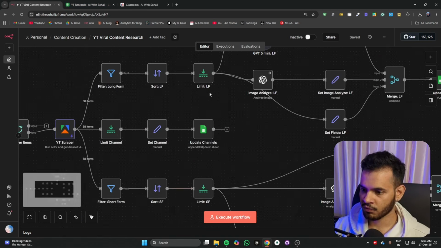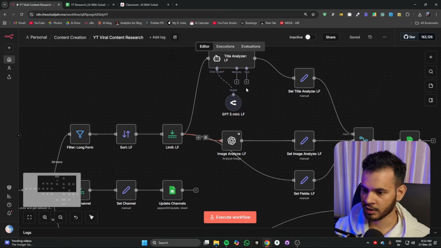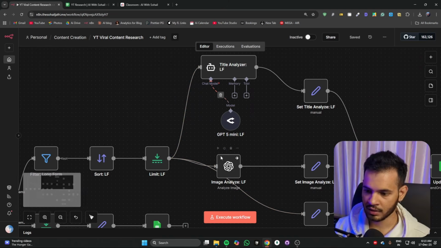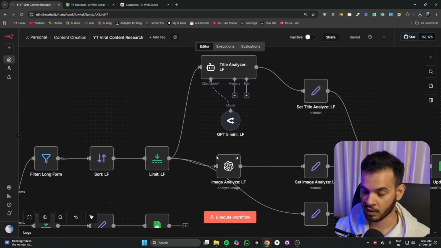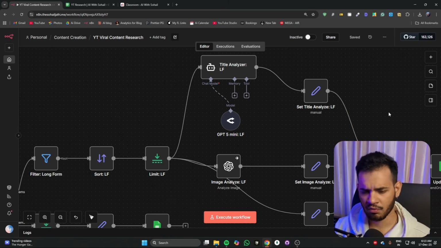The long form will continue and it will analyze the title of the video and the thumbnail, because those are the most important things when someone is scrolling through the feed. We could have analyzed the transcript of a video, but it could charge you a lot more compared to analyzing the short form transcript, because long form usually lasts for 15 to 30 minutes, and transcribing that kind of video will consume a lot of resources. So you can do that.